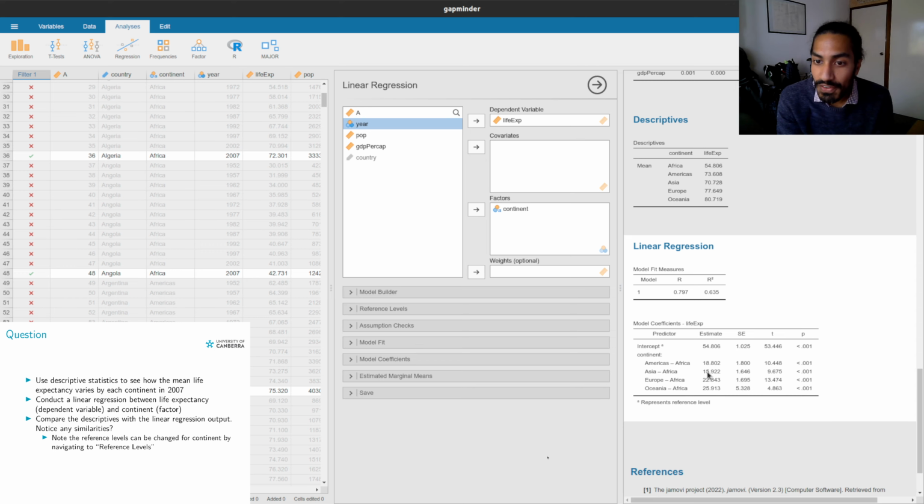So Asia has 15.922 years greater than Africa, which is the intercept, which has been set by Jamovi alphabetically. So 54 is here. So 54 plus 15.922 gives you 70.728. So these estimates reflect the difference between these groups. And this can be a really powerful tool because it shows you a number of things about not only the